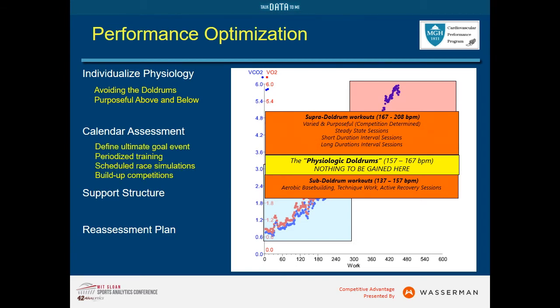These are really tailored to what the goals of the athlete are. And we assess these goals by starting with a calendar assessment. So the very first thing we do with everyone that comes to us is ask them to define their ultimate goal event. In MK's situation, it was to make the U.S. Olympic team heading to Rio. And so we had a very clear time plan over the course of an 18-month period to work to get there. Periodized training. Once that ultimate goal is set, the calendar is backfilled in a periodized way, which allows blocks of training with specific goals, and we can get into those more in detail if people are interested. Within this periodized calendar, there need to be scheduled race simulations and ultimately build up competitions that approximate the event that the athlete cares about most.